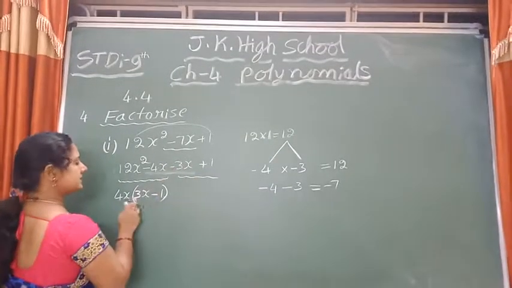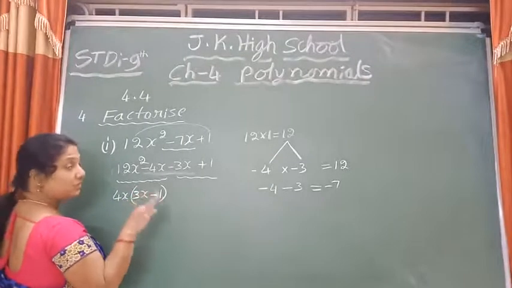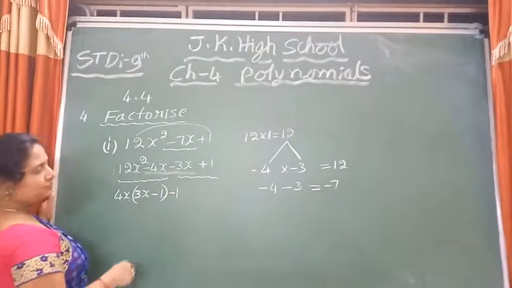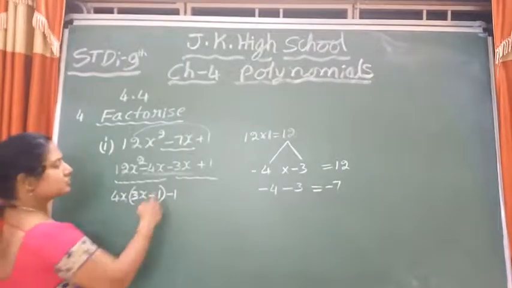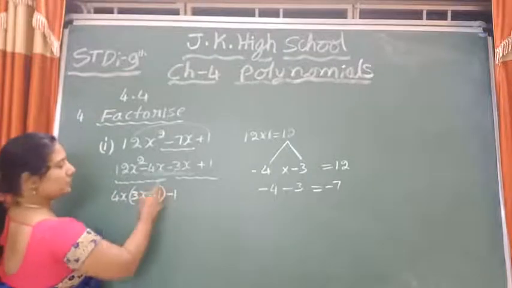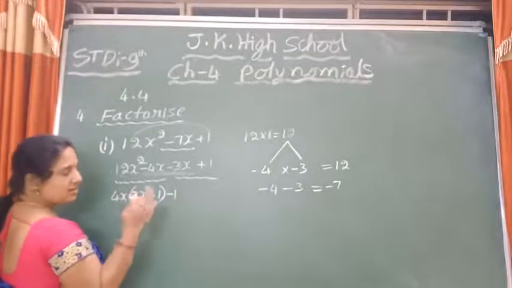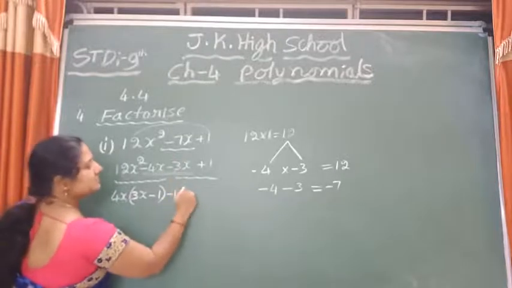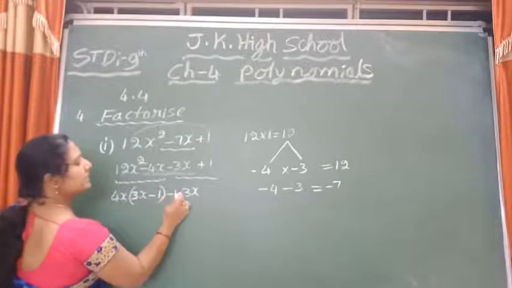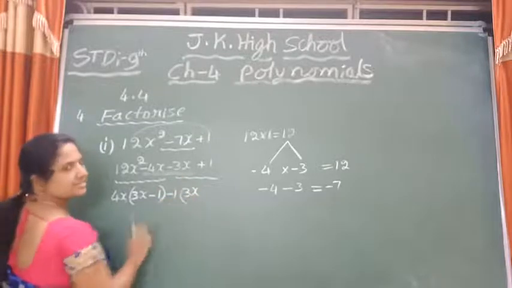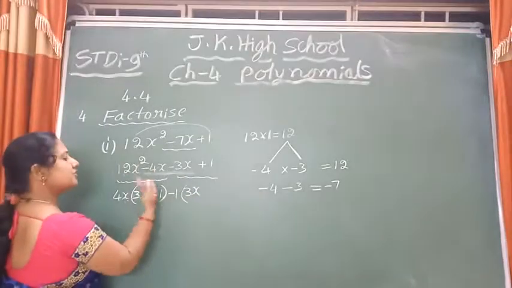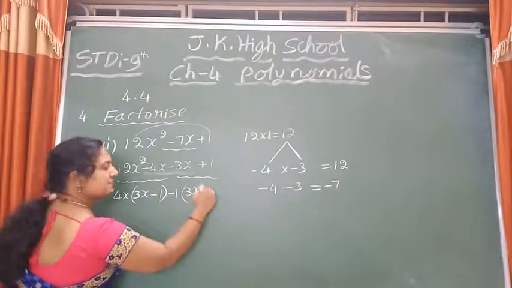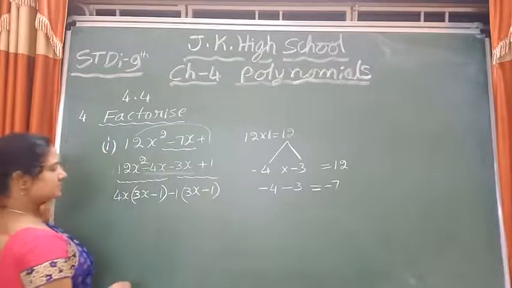But here minus sign is there, here no minus sign. So what I will do now, here I have to make it same, means minus 1 I will take it as a common now. So minus 1 I am taking as a common now, because to make the sign same inside the bracket. So now if I take minus 1 as a common, minus 3x. Minus into plus minus, 1 into 3x, 3x. When you multiply and simplify, you should get the same terms. Minus into minus, it becomes plus. Minus 1 it becomes.